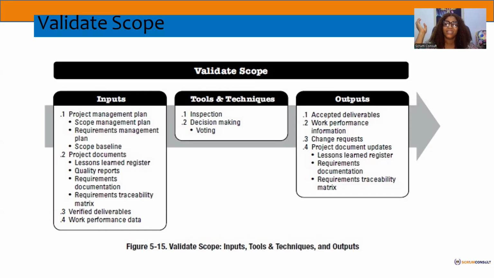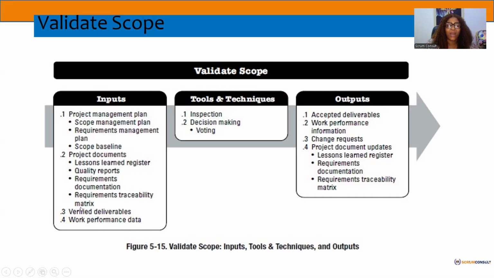For the scope baseline, what are we validating? What were the approved reference points? What were the approved scope for the project? So we want to go in and see what we have done, if it meets with the need of the scope baseline, okay? And you have your project documents. It could be your quality report. We are validating, very, very important. Your quality report will come in, okay? Quality plan, in some cases, you could bring your quality plan here. You have your requirement documentation and your traceability matrix.